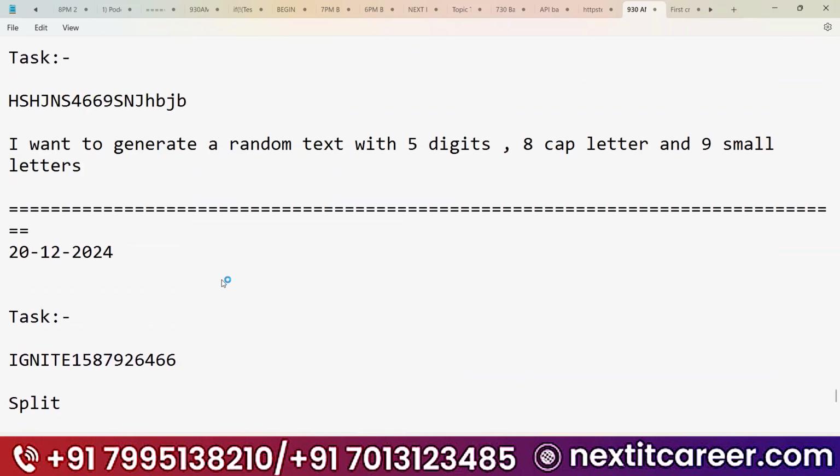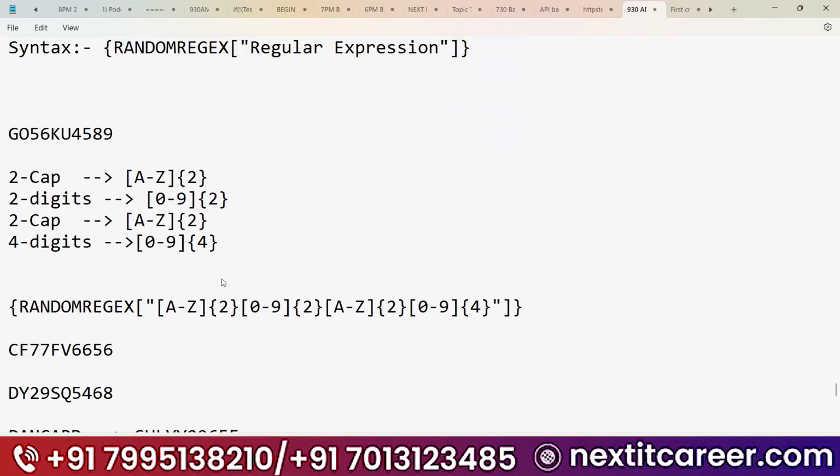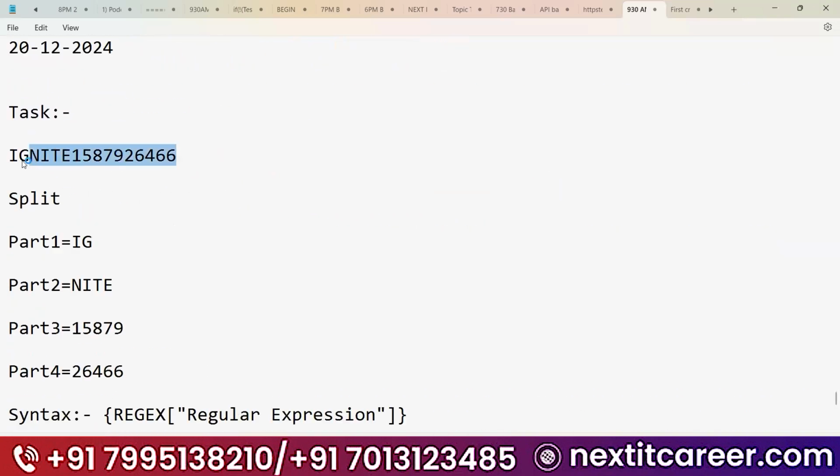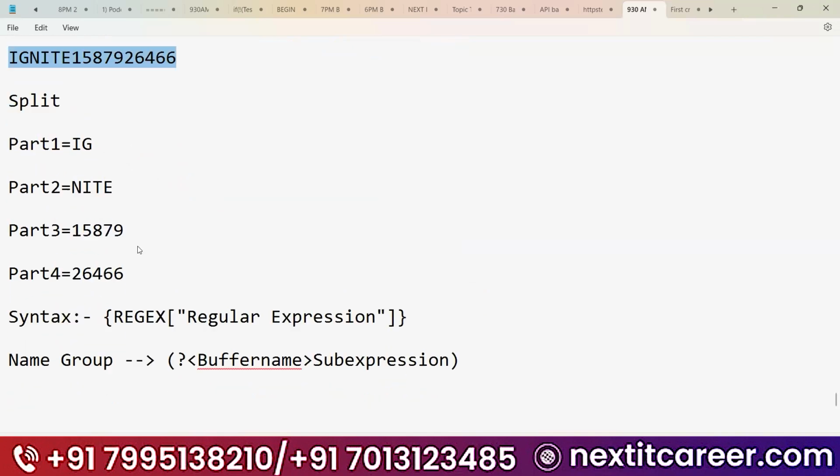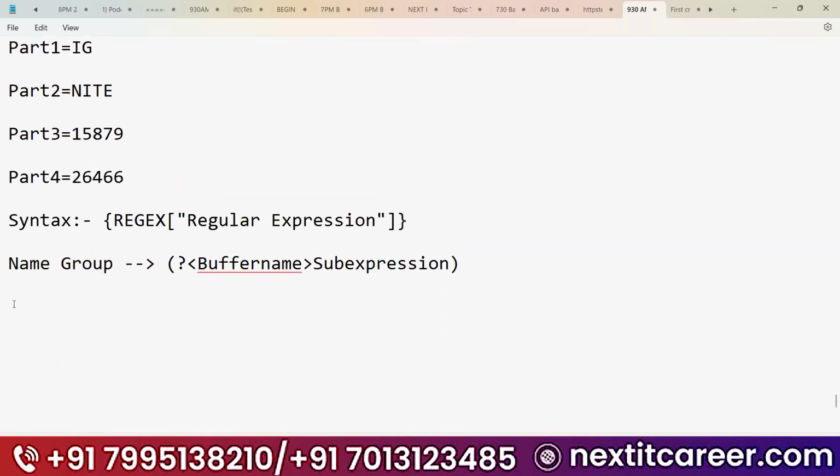And in yesterday's class, we have discussed about these things, right? So if you want to get the vehicle number, first two digits, then this is the expression. The same expression you will use, but this is for random regular expression and this is for the regular expressions. Okay. So regular expressions are used to do the pattern matching. Okay. So now come here.